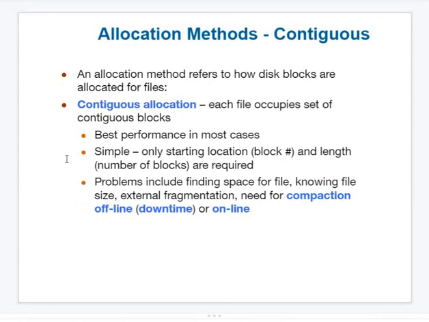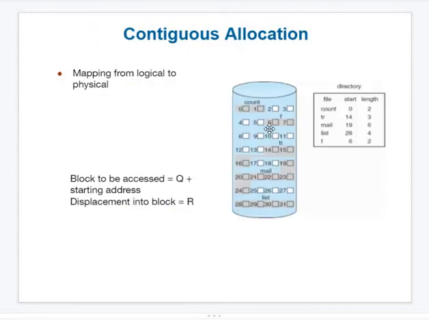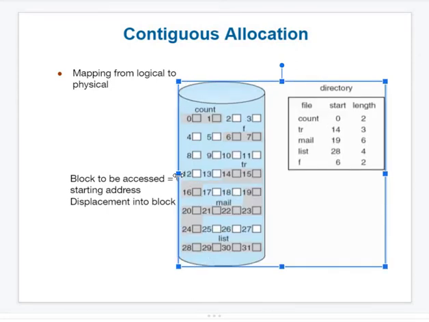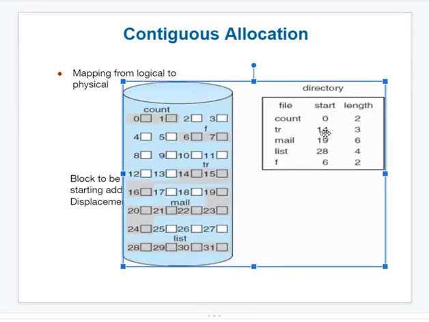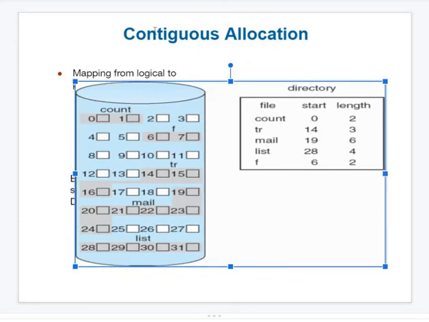Then comes allocation. So what do you mean by allocation methods? Let me show the first diagram. Here it is, the allocation concept. Okay, so you can see now, as the word indicates, contiguous allocation. Once we get to know the starting address and length, continuously we have to give it for that particular file.